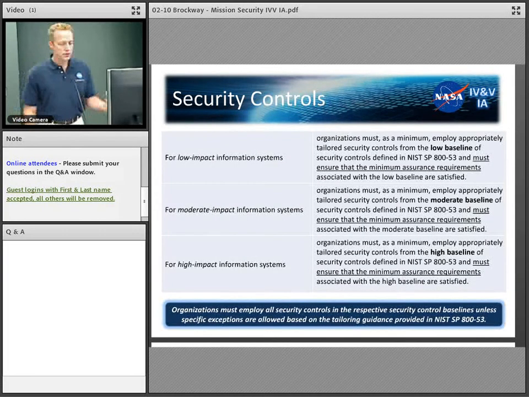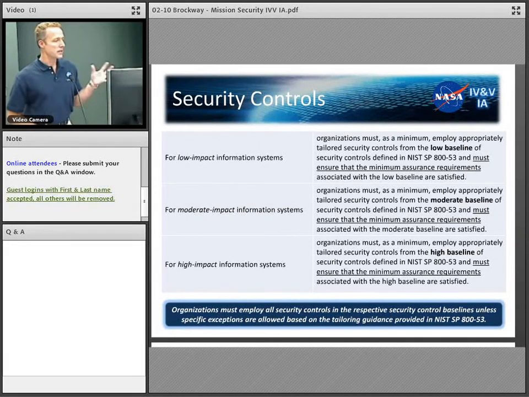And security controls is a theme that you hear continuously here, and the reason is because the NIST framework uses that to help drive your then selection and implementation of security controls. And so once you've categorized the system, you then have a set of minimum assurance requirements that you're to meet. And there's that other key word of assurance.